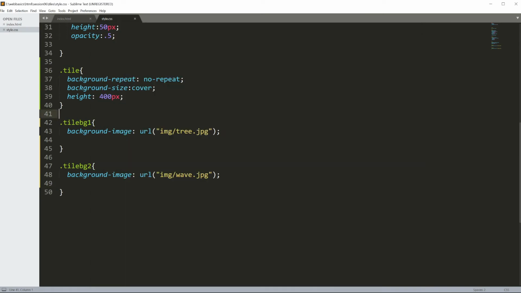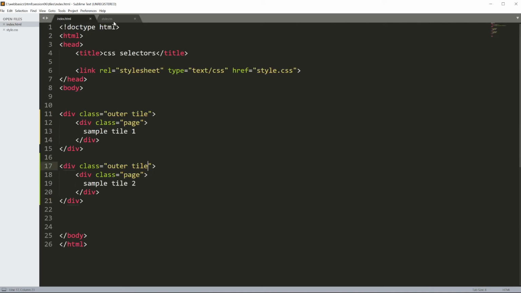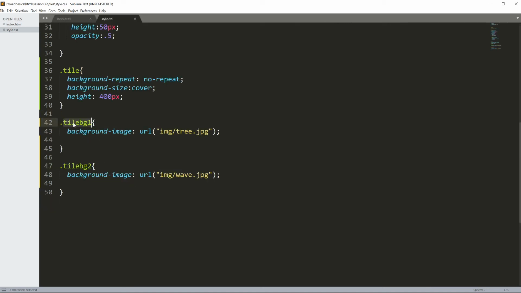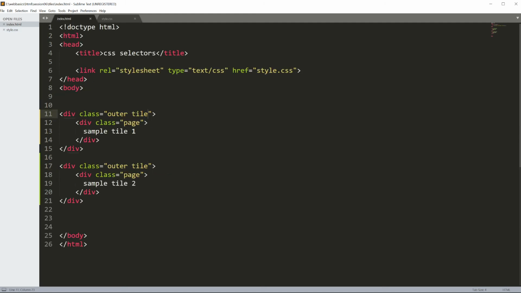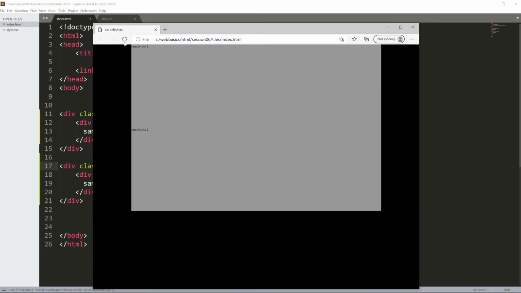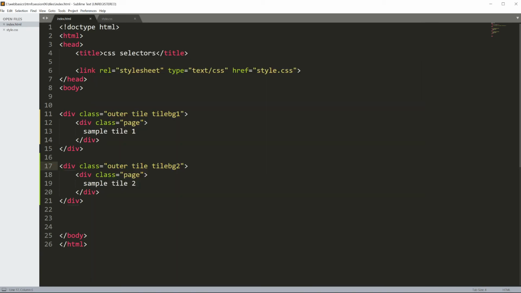To see the backgrounds, we'll assign tile BG1 and tile BG2, each tile respectively. Tile BG1, tile BG2. Refresh. And when we want tile BG3 or the next tile, copy,